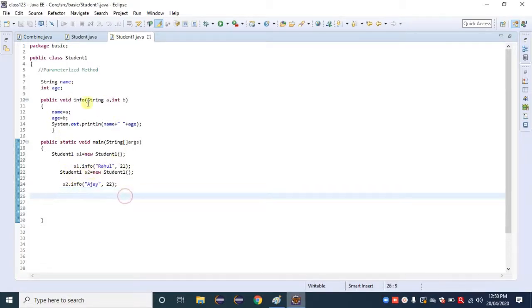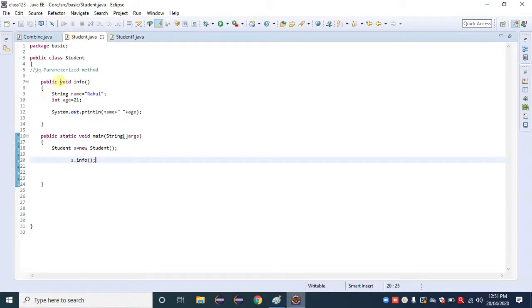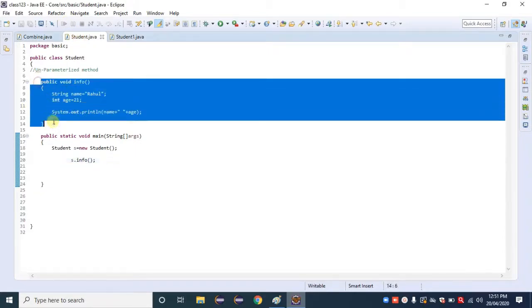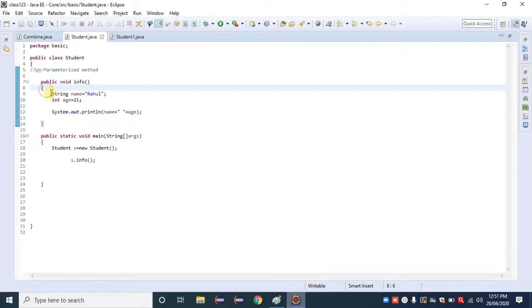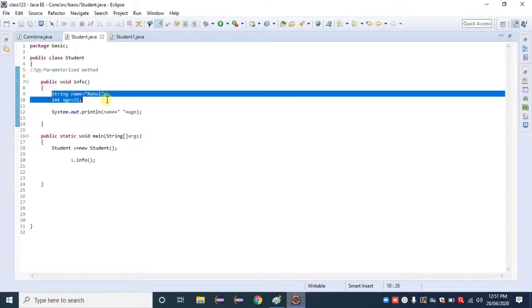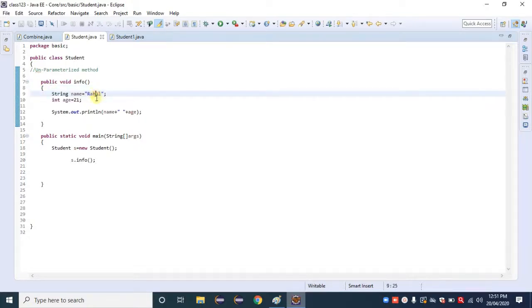So this is about parameterized and unparameterized methods. When we use a parameterized or unparameterized method, simply observe here: this is a permanent method. Whatever values we passed here, the string name Rahul and 21, are permanent values.